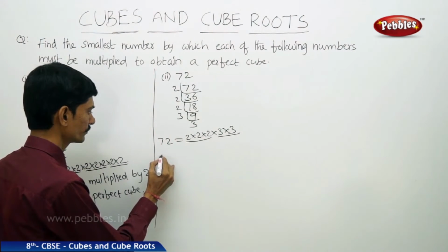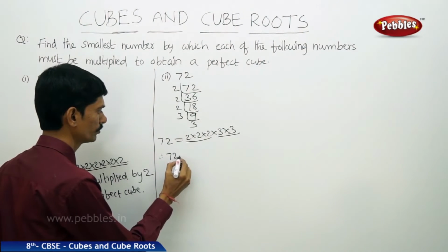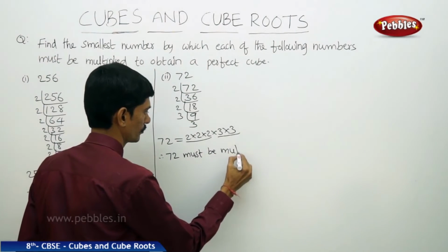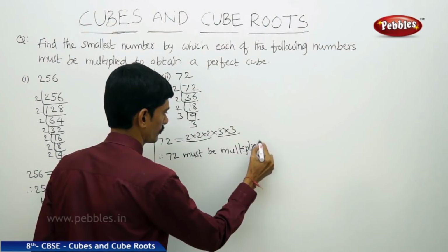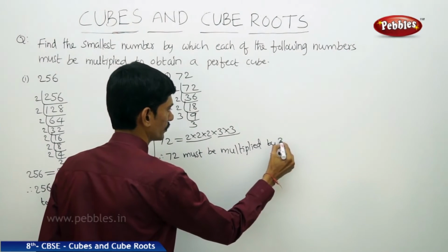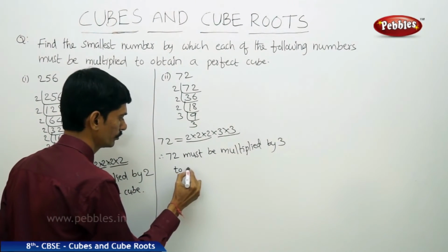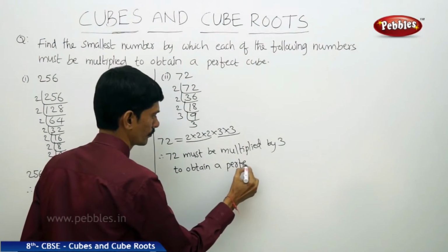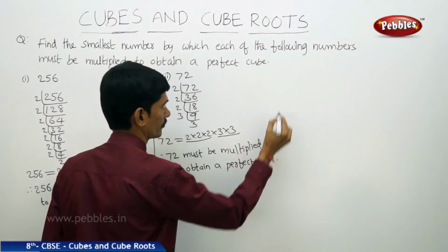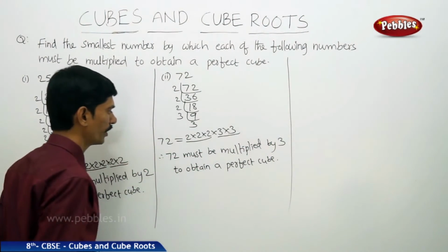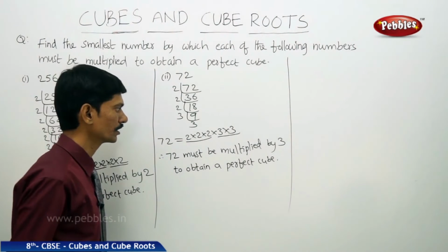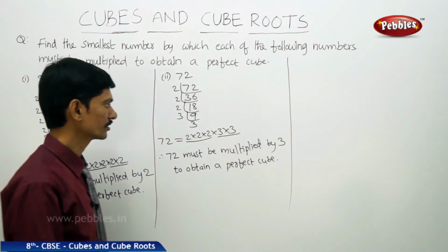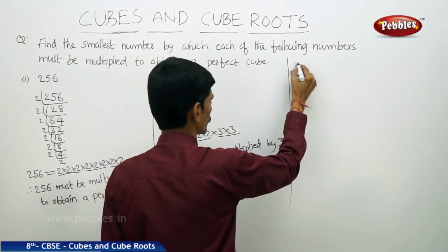So therefore 72 must be multiplied by 3 to obtain a perfect cube. So when you multiply 72 by 3, then you will get another number, and that product will be a perfect cube. Next, we will solve the next question,